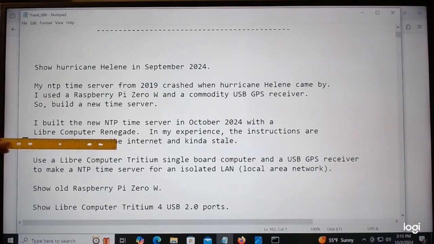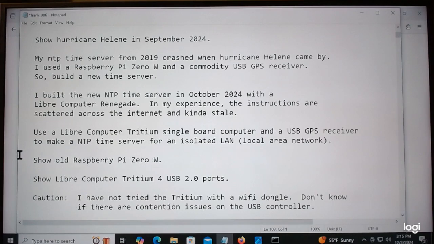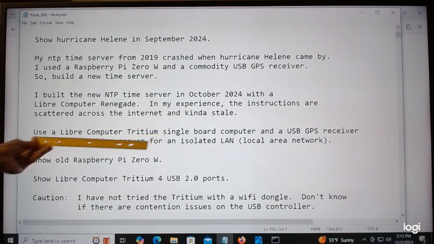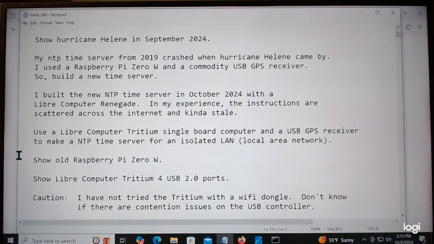And I used a Libre Computer Renegade for that. Now the instructions are scattered across the internet, and they're kind of stale. So I wanted to make this video to show you how to make a time server with a Libre Computer Tritium single board computer